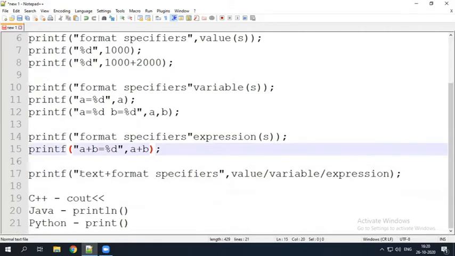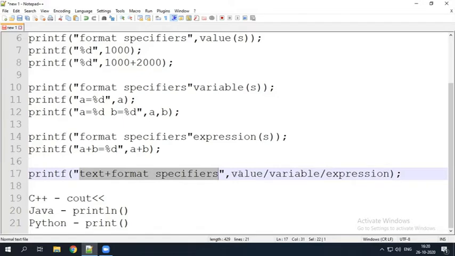Sometimes you can give text plus format specifiers. From the previous one, the text is a plus b is equal to, plus the format specifier percentage d. Here you can give values, variables, expressions.